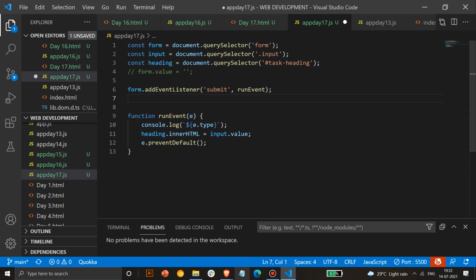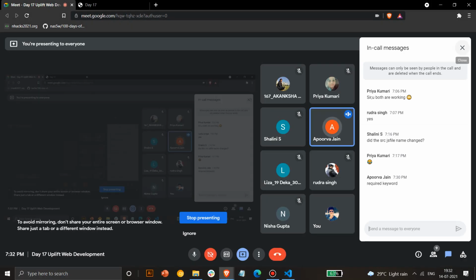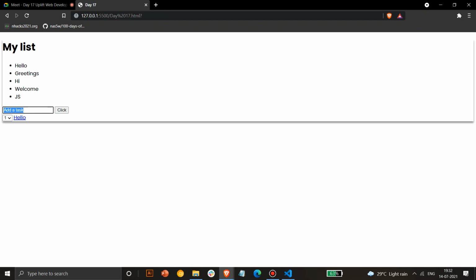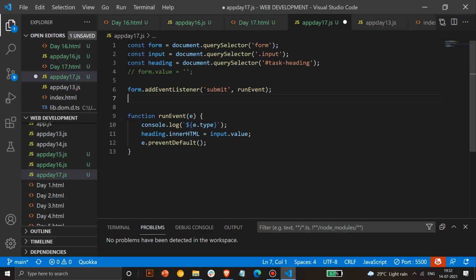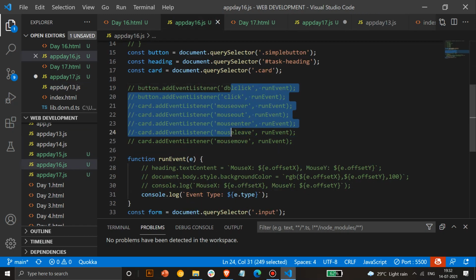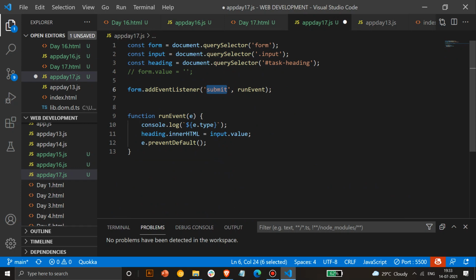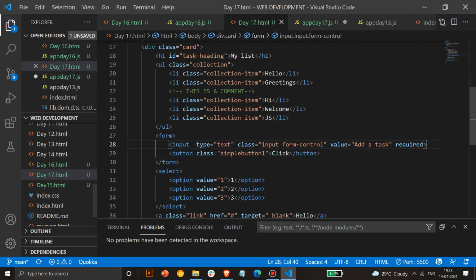Sir, had we used some other word in place of submit, would it have given us the same output or different? Whatever word you write here, that function will be performed. Yesterday we learned around five or six functions: click, submit, mouse enter, mouse over. You can do these on mouse over, mouse leave. So these functions are present on the mouse. You also have something on the keyboard, but as of now I have just taught the mouse.